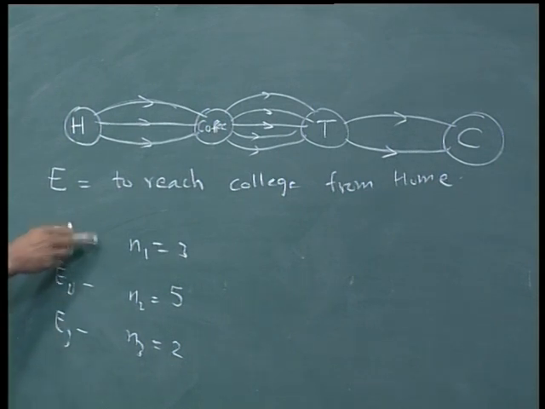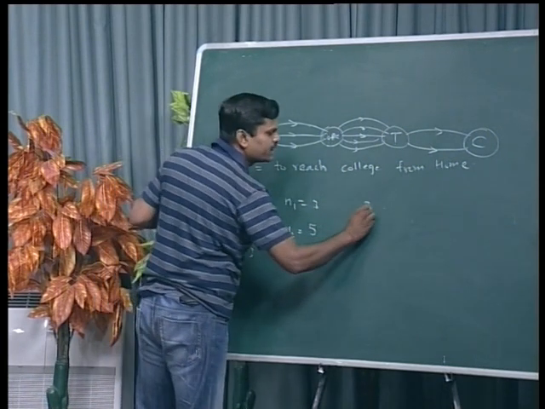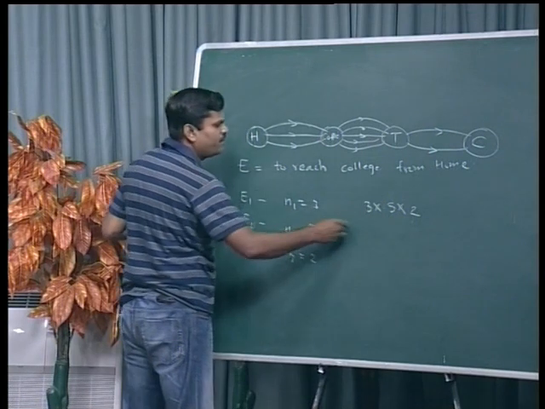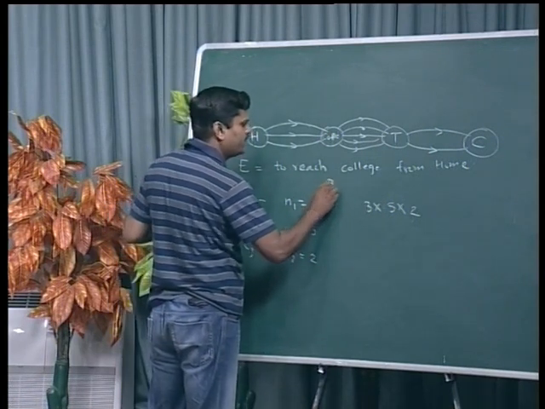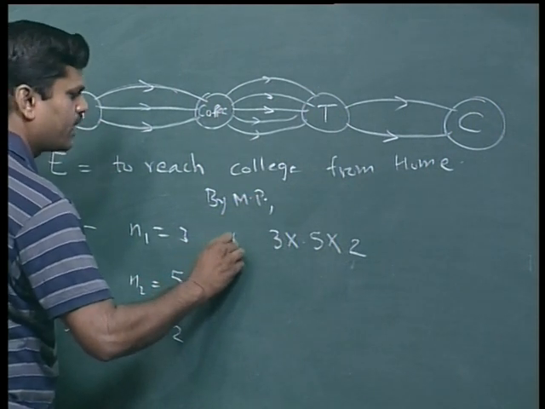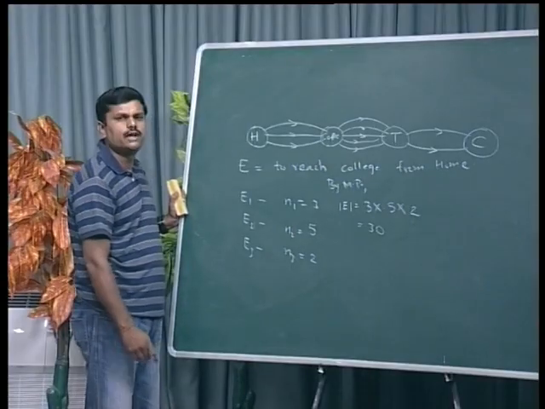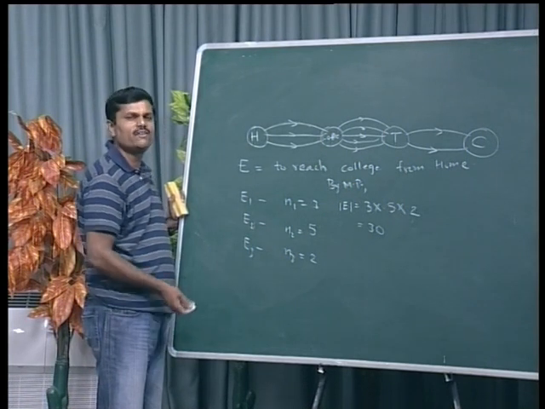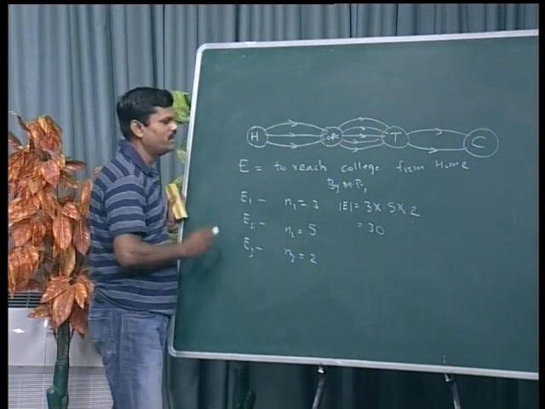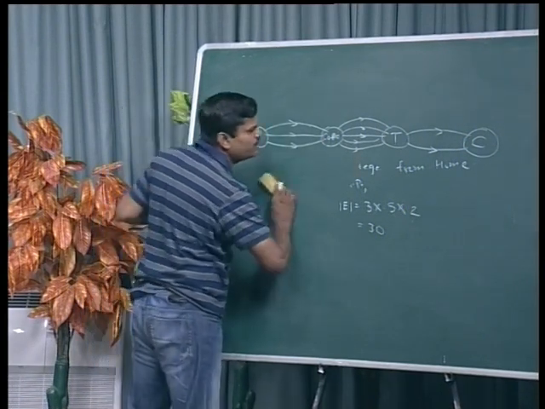So first you can go from home to coffee shop in 3 ways. So the first operation can be done in 3 ways, the second can be done in 5 ways, and the third can be done in 2 ways. So by the fundamental principle of counting, that is the multiplication rule, again I am applying the multiplication principle. The total number of ways you can complete this task is 3 into 5 is 15, into 2 is 30. So in 30 ways you can reach from home to college. So whatever way you like, you can select that way. Either you want to go from this road or this road, whatever is convenient to you. Okay, so this is again a simple example explaining the basic principle of counting, the multiplication rule.